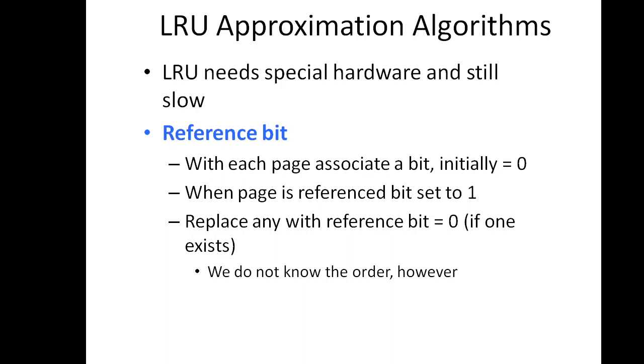These reference bits are associated with each entry in the page table. Initially, all bits are cleared to 0 by the operating system. As the user process execution goes on, the bit associated with each referenced page is set to 1 by the hardware. After some time we can determine which pages have been used and which have not been used by checking these reference bits.